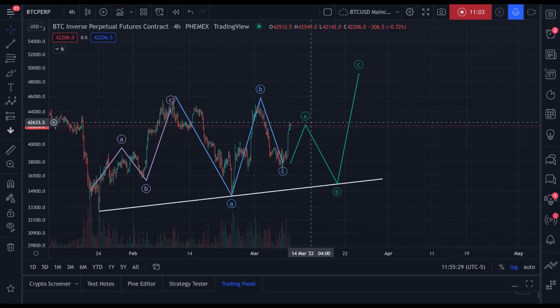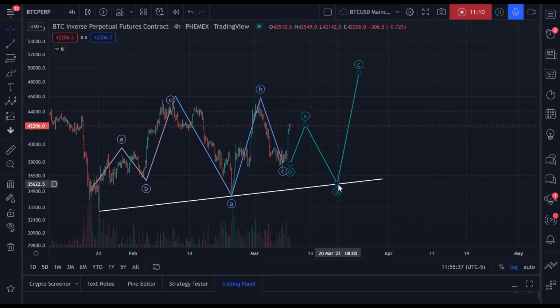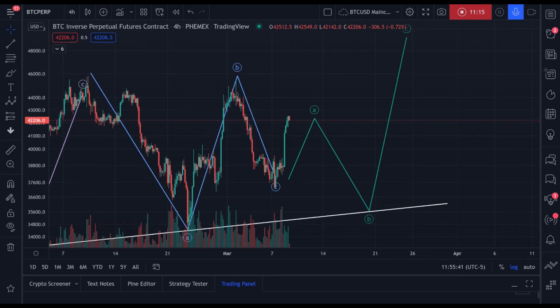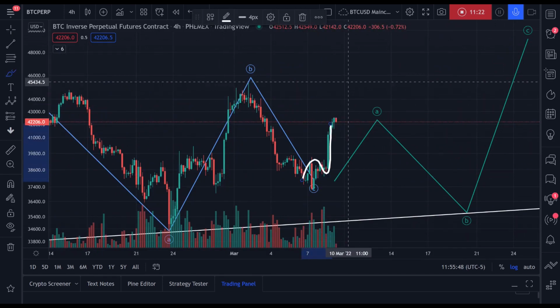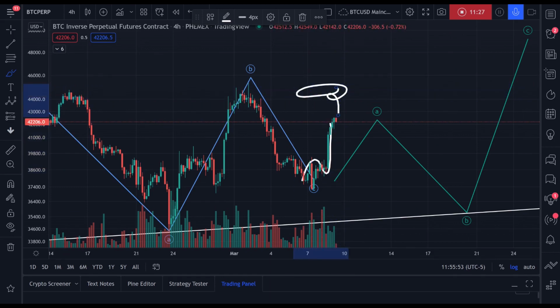See this three-wave structure, and I think it's a three-wave structure, is an A wave. And so I'm waiting for a B wave. I am currently in a short. Now, does that mean that we can't go up a little more? We can, okay? I don't know that this pump is done. We may want to go up a little more, perhaps. I don't know, but we may be finished, and we may be getting into something like this for a B